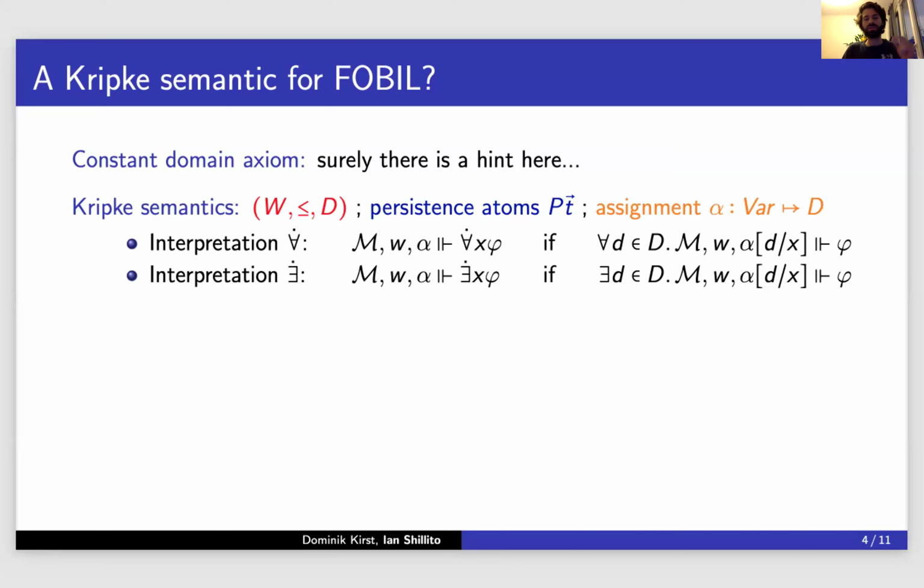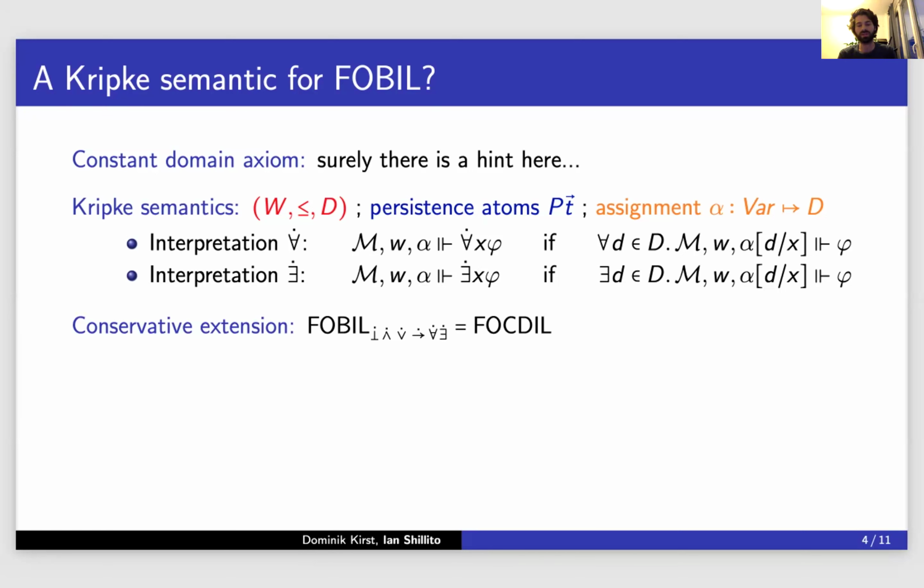And note that, contrary to the intuitionistic case, in the constant domain case we don't need to interpret the universal quantifier over all of the successors. The existential case is similarly done. So an existential formula phi is true at a point if there exists an element of the domain that satisfies phi. And so what we're hoping is that we have a completeness result for first order bind,